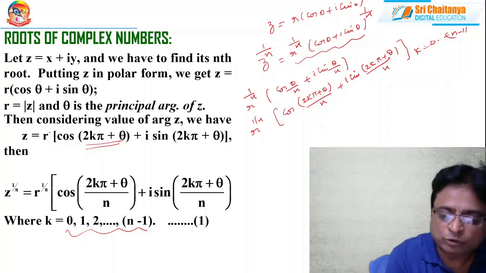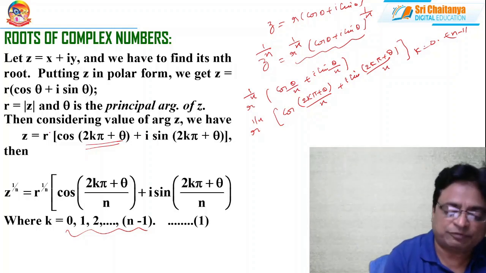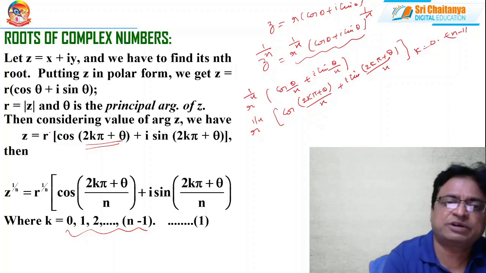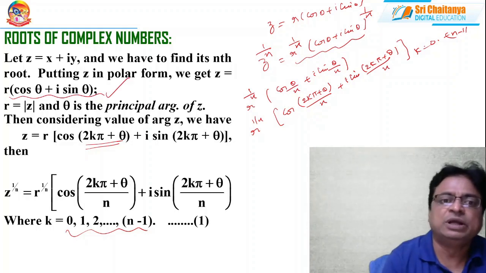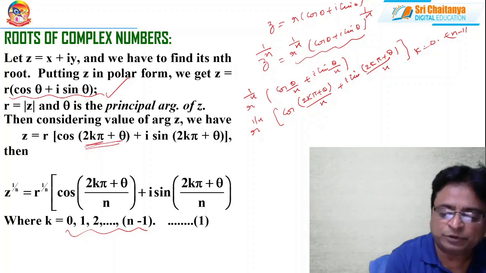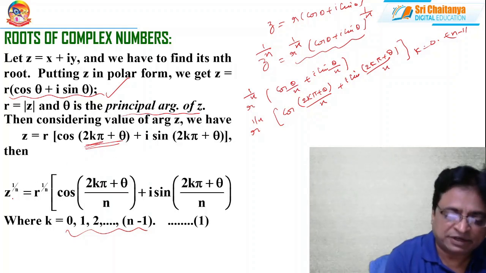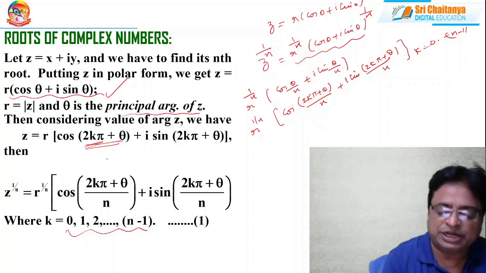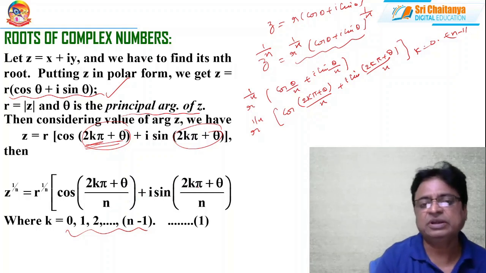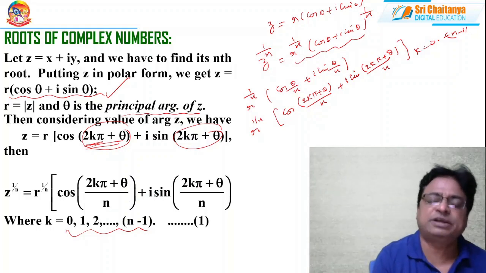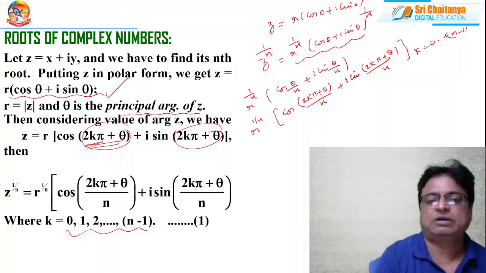So, to find the nth roots, whenever a complex number is given, first you convert the entire complex number into polar form, or modulus-amplitude form, and you add 2kπ to the argument, where you have to consider the principal argument only. Later, z^(1/n) is equal to r^(1/n) into (cos((2kπ + θ)/n) + i sin((2kπ + θ)/n)), multiplying 1/n to this angle. So this is the way to find the roots of the complex number. These are all called the n roots of the complex number.